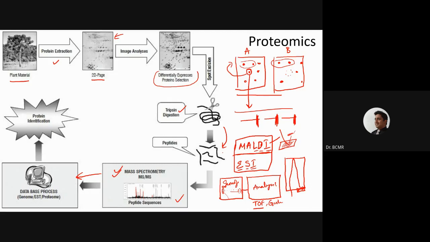And we have a large database of genomes and proteomes. We know about almost all types of proteins that we are working with or that are around us, the majority of them, if not all. You can compare the molecular weights that the mass spectrometry is showing with those of theoretically generated peptides from different proteins from various diverse organisms. So it would hit one of them. I mean, the molecular weight generated like this and the theoretical molecular weight, there will be a close match, and that you will take as the